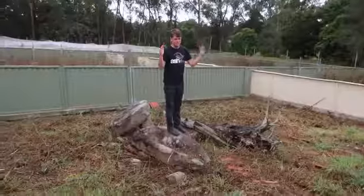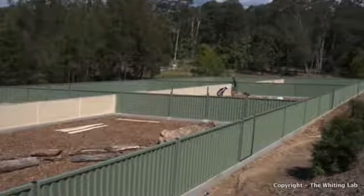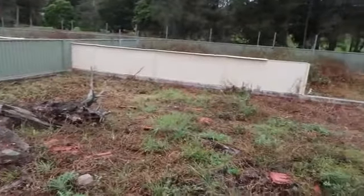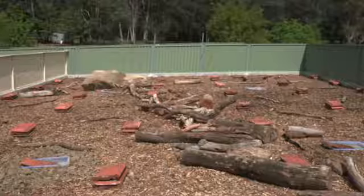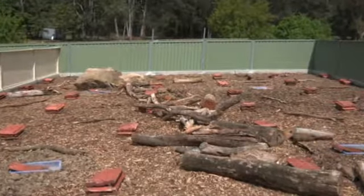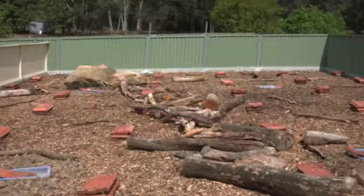So these are our giant outdoor enclosures. We've got 6 of them. They measure 16 meters by 10 meters, and we originally built them for experiments on lizard mating systems and social organization. So the cool thing about these enclosures is that we can basically replicate conditions in the wild, but we can